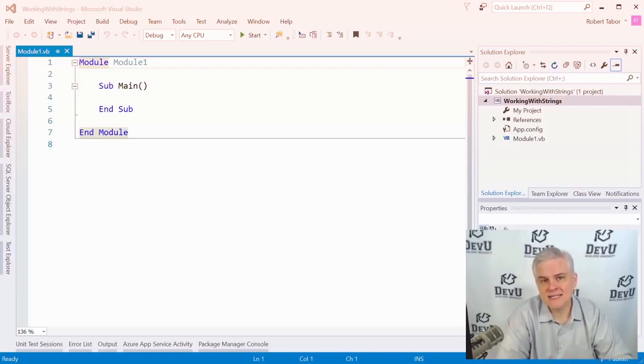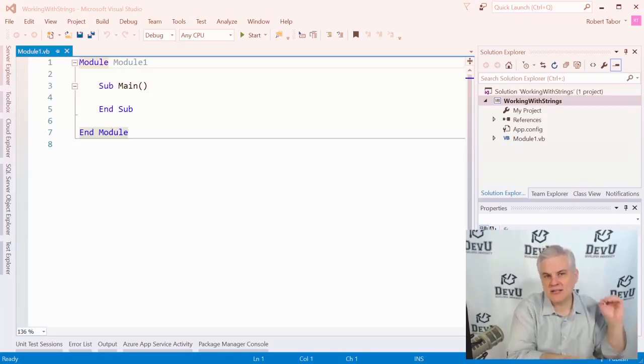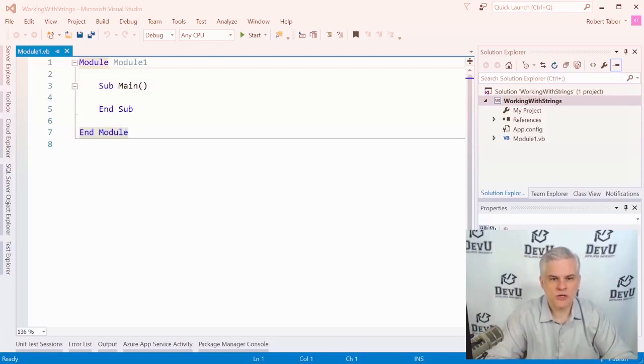Furthermore, the string data type can hold a lot of information. When you compare the buckets and the sizes of the buckets in the computer's memory, the string bucket is a massive bucket if you want to continue that analogy. So efficiently working with strings is another vital skill in Visual Basic. And in this lesson, I'm going to demonstrate several common string manipulations that are made easy by both Visual Basic proper as well as the .NET Framework class libraries and the inherent functionality that's baked into the string data type, the string class. Okay, so you can see that I've already created a new project called Working with Strings,